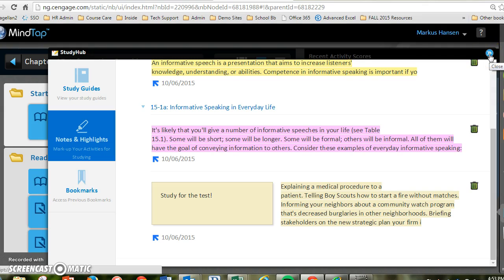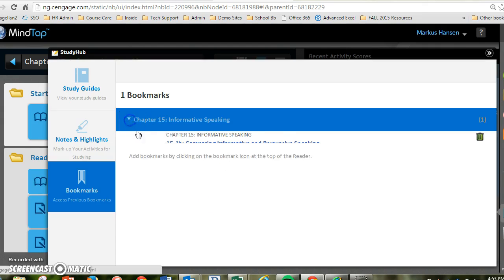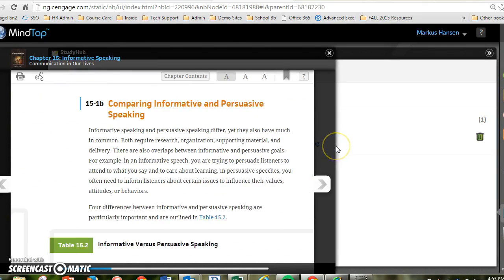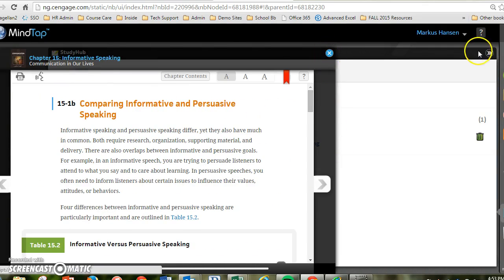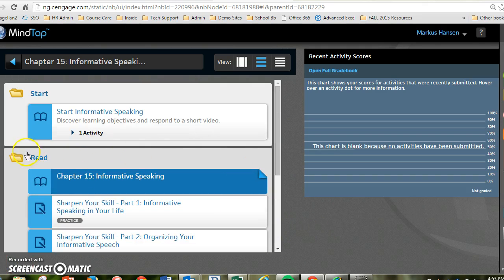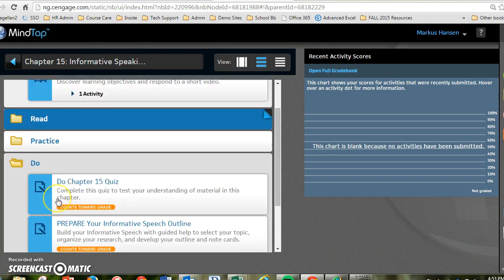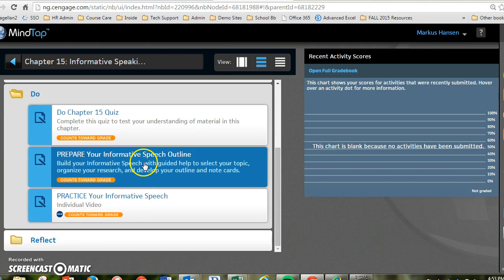Okay, so they can have their own little personal highlighting, and then they can also create study guides per chapter, and of course you have the bookmarks, and I happen to have bookmarked one page, so again that would take me back to my bookmark page. So I encourage you to go through each of these different sections, check it out, but the last thing that we really want you to do is click on this Go thing. You can see that there's some quizzes and so on,